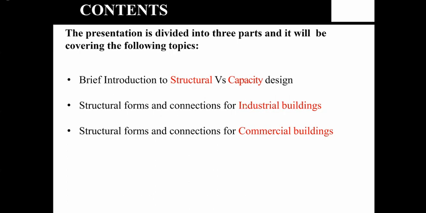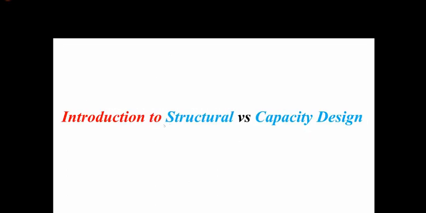Here, when I refer to industrial buildings, they are light industrial buildings, not the heavy thermal power plants or petrochemical units. And I will also be touching base on some of the common structural systems we use in commercial buildings, right? So as a first module, I would be talking about the structural design and how it is different